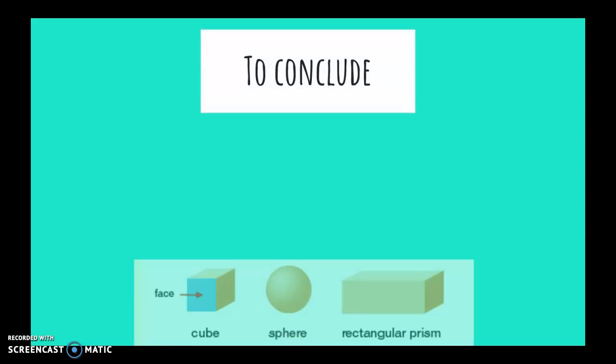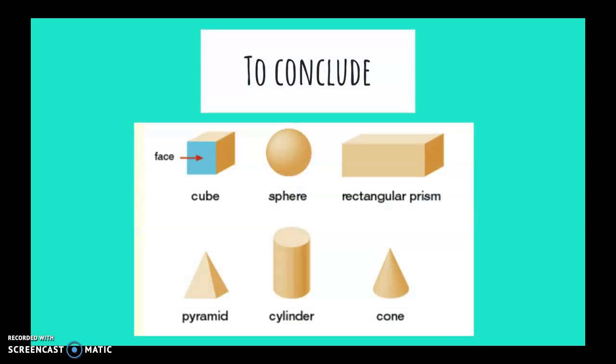And then we're going to conclude real fast. We've got the cube, the sphere, the rectangular prism, the pyramid, the cylinder, and the cone. And we all learned what they can do, what they look like in our everyday world, what some examples are of them,